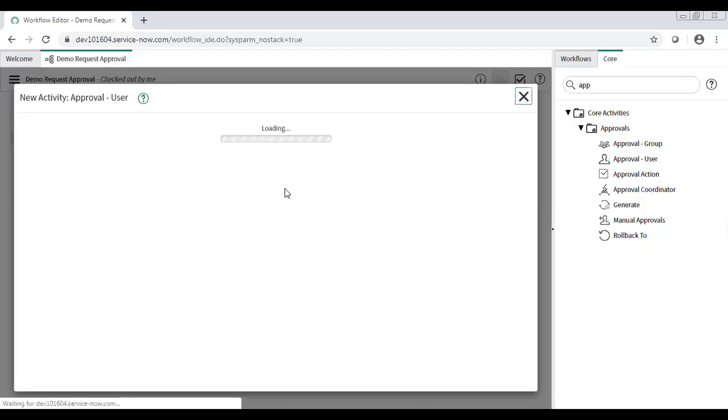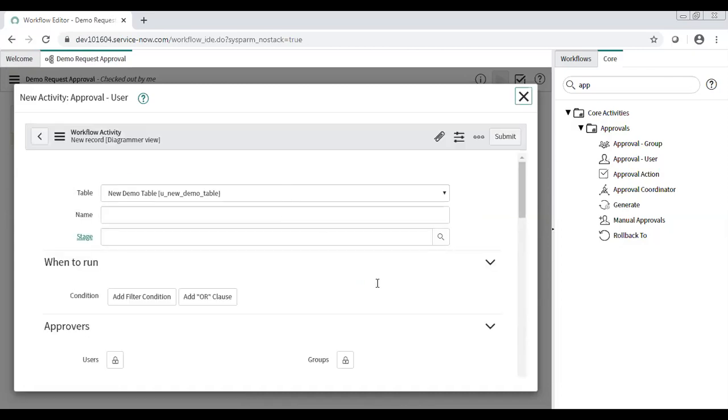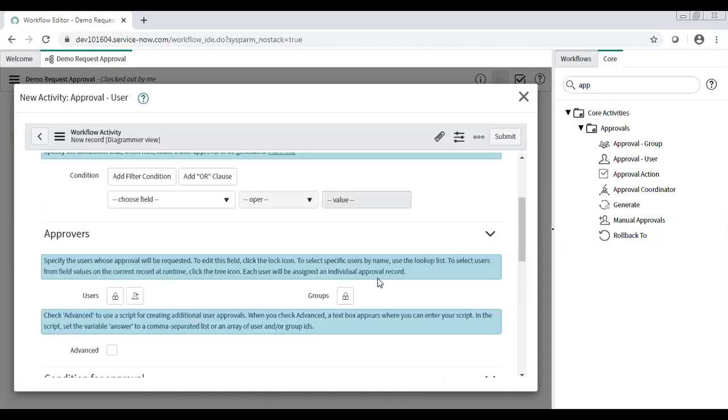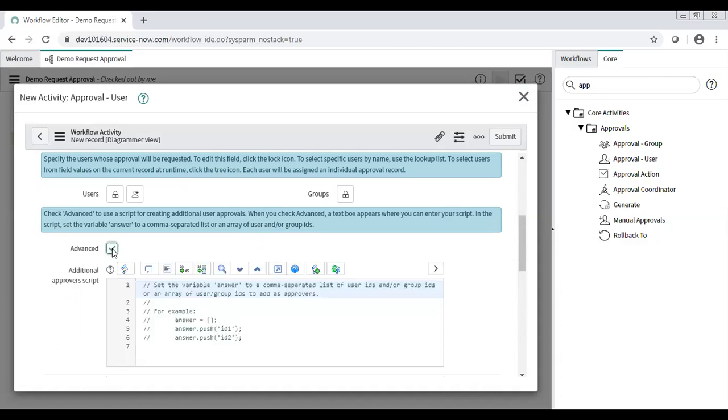Yeah, you can manage those as per your requirement. You can put the stages and all. So we use scripting in case we are not able to do the dot walking or select any direct user, right? Yeah.